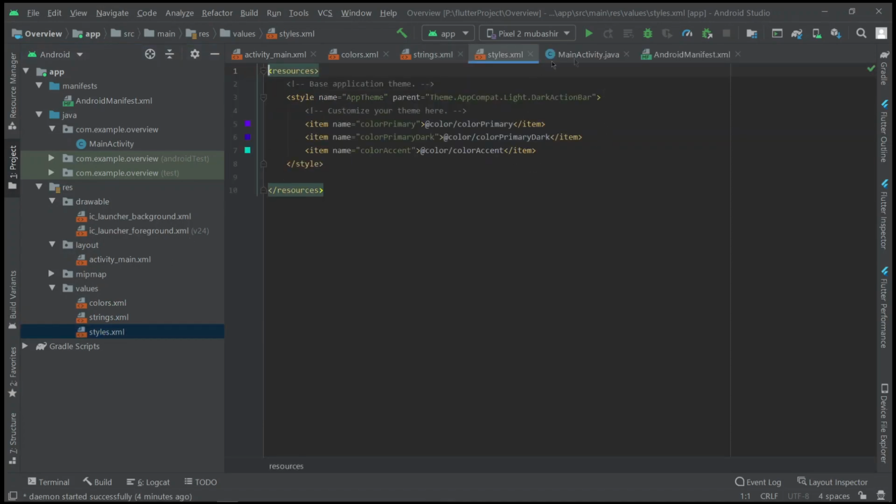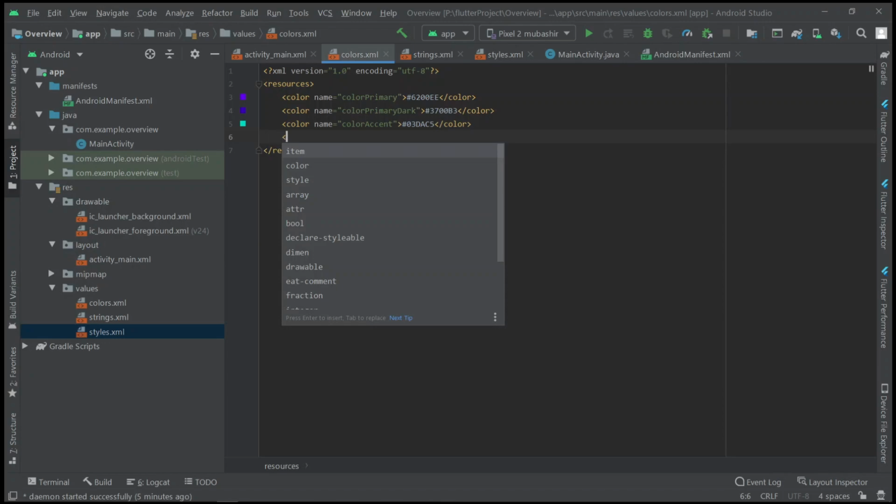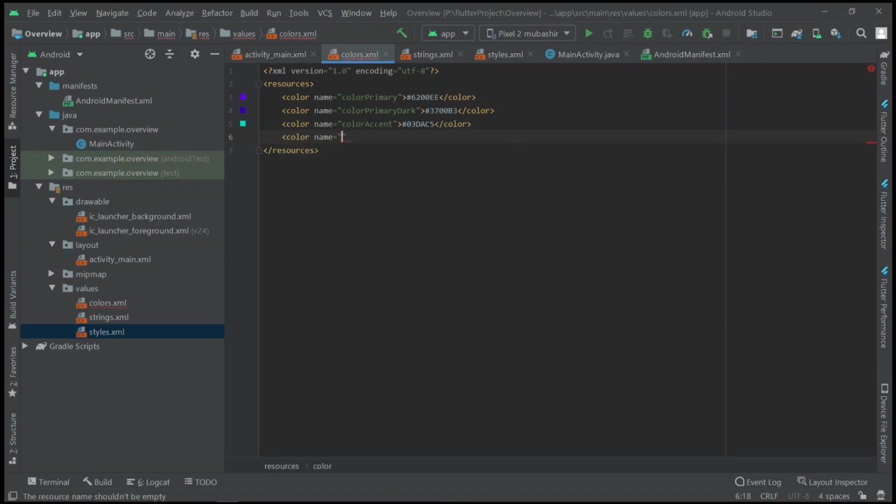So all the colors you can describe here. For example, I want a new color so that I can use it in my app. So for that I will do color, and name I can give anything. For example, I want to use a black color, so I will obviously give the name as black. And here when I close this, it automatically generates, and here I can give the code, which is 000000. If you don't know how I got this code, you can just Google color codes and you will get many codes. And here I got this black color, right?